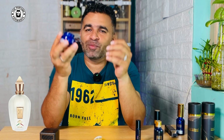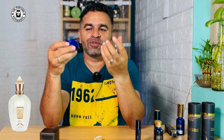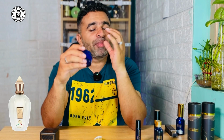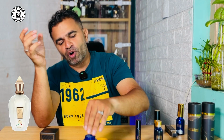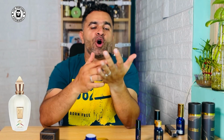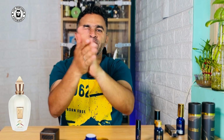The wax perfumes are just too good, and I was not really expecting these to be so good, in the way to say that this is probably the first time that I'm actually exploring this as well. But the wax perfumes are of super top quality, I would say, and they really work well. While the performance, like I said, is not highly projecting or very long lasting, till the time it lasts, which is the first 1 or 2 hours, you really enjoy this